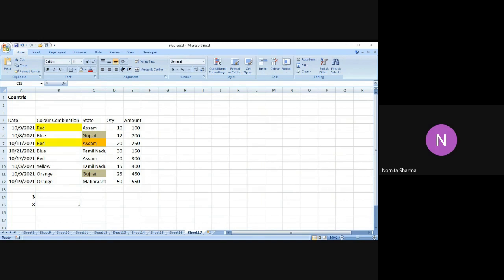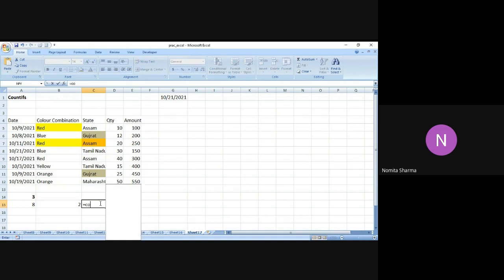Another example is that I can also mention the date or the input value in some other cell, not necessarily in the same table. So let me put a date over here. I say 10, 20, 12, 21, and then 21. So I have this date over here. So what will I do?